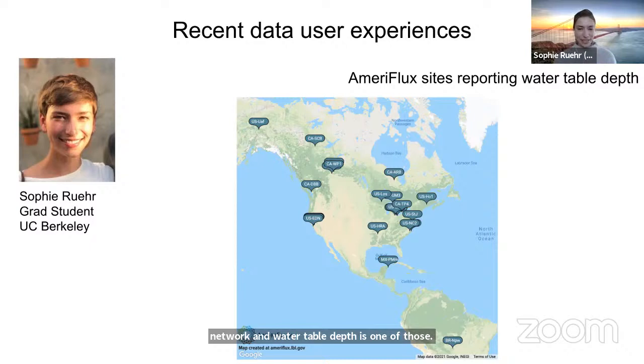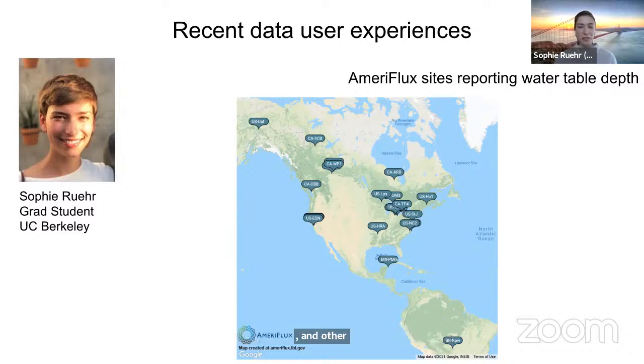I've found about 30 sites that do report water table depth, but I am running into some problems. Even if the site search tool says that water table depth is recorded at a site, that's not always true. When I download the data, I just find a lot of missing values. And sometimes if a site does have water table depth, the sensor may have only been installed recently, so there are only a few years of water table depth out of many site years. So what I ended up doing is downloading the entire AmeriFlux data set and writing my own search function specifically for my project, which I think ultimately has been the best way for me to select my sites.